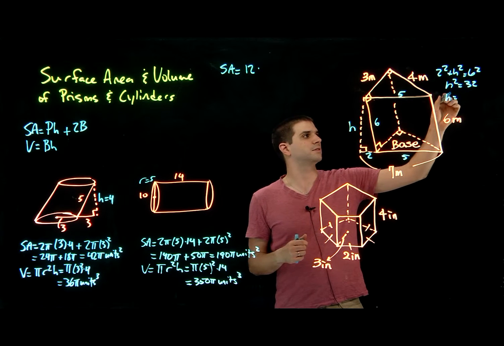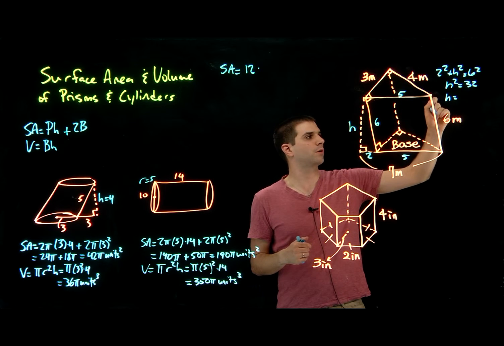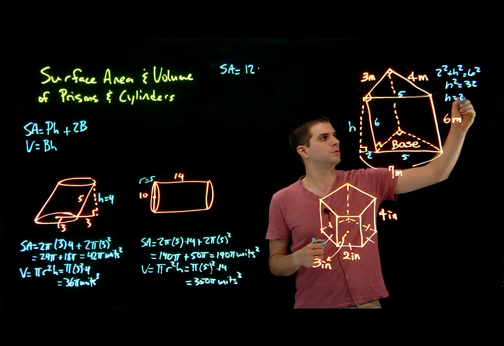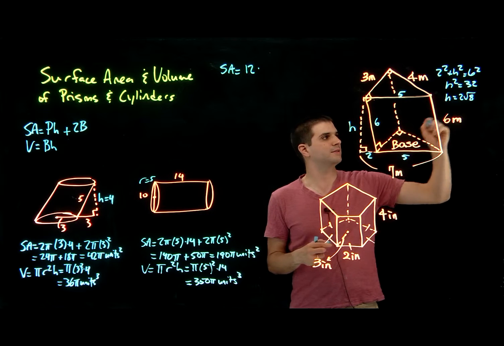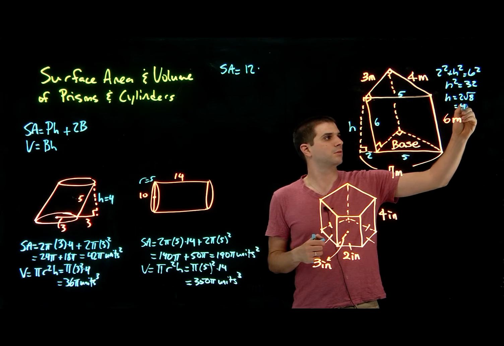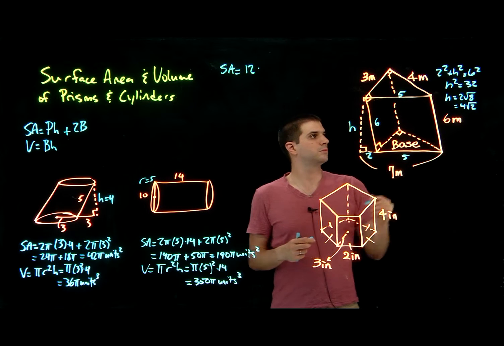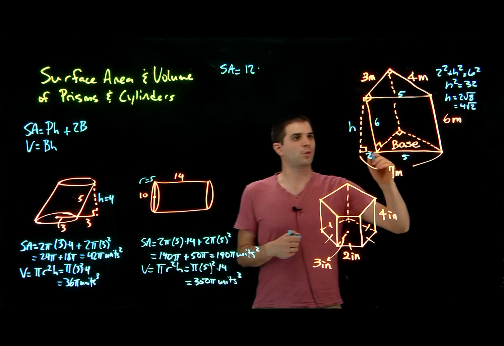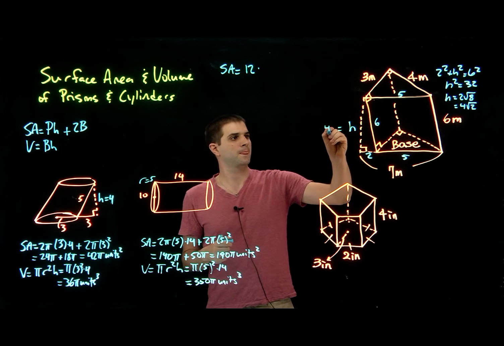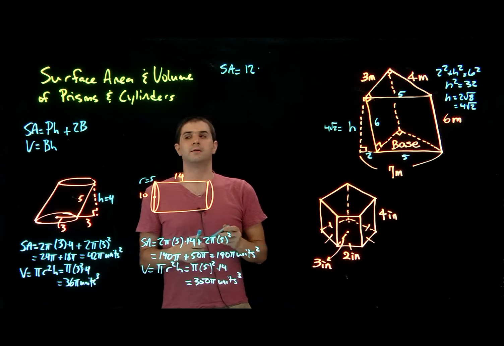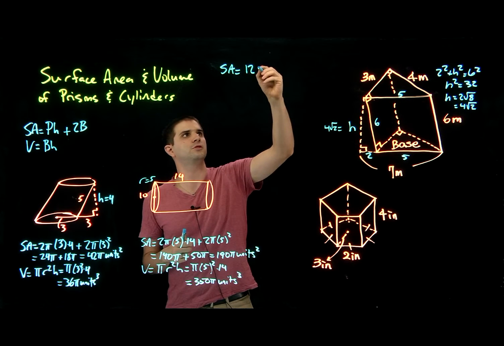32 is 8 times 4. Let's see, so it can be written as 2 root 8, which can be further written as 4 root 2. Okay, so 16 times 2 is this. So this is 4 root 2. Okay, so we've got 4 root 2 there. So the height is 4 root 2